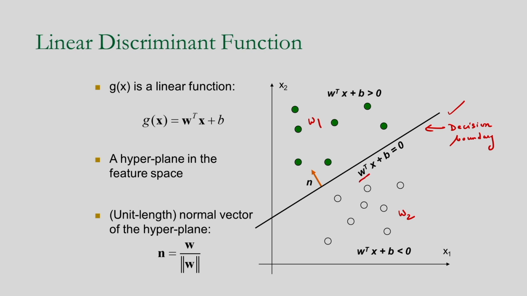This W is different, this is the weight vector. So W1 and W2 I am considering as classes, two classes. And the unit normal, that is the unit length normal vector of the hyperplane, I can also determine. If you see, this vector is the unit length normal vector of the hyperplane, that is nothing but W divided by the norm of W. So that unit vector you can also determine.